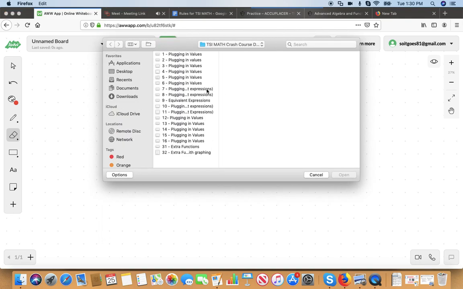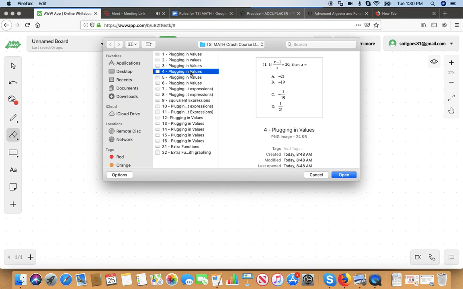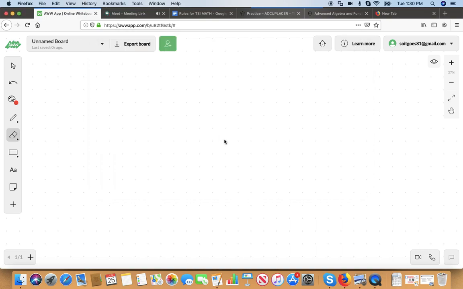Let's do a little bit more. Aha, this one's interesting. Question number 11. Go ahead and read this, please. Okay. If x minus 1 over x equals 20, then x equals a) negative 21, b) negative 19, and c)